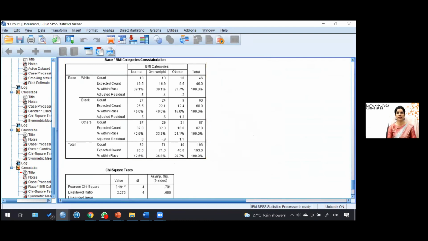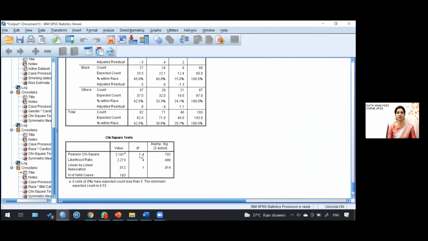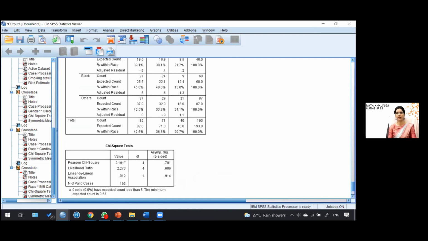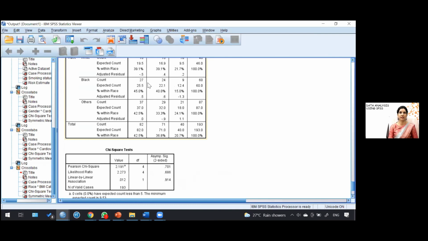You can see the value first, the chi-square and the assumptions. So one of you can tell me this. What is the assumption? Can you see the minimum cell count? Can we apply chi-square here? Yes, ma'am. Because the minimum expected count is greater than 5. That minimum is 9.53. Okay. And if you see the value of adjusted studentized residual, can you see any cell with more than 2 value?